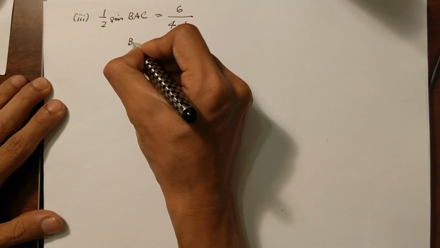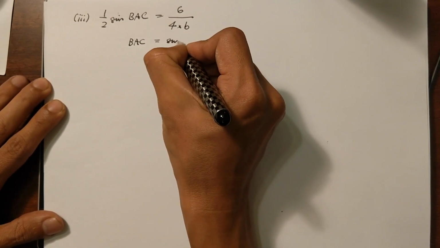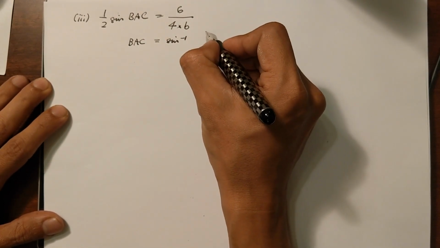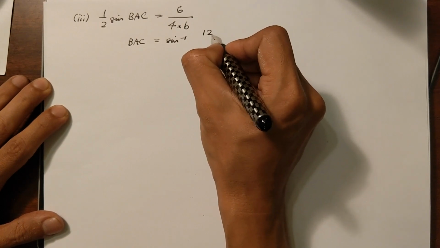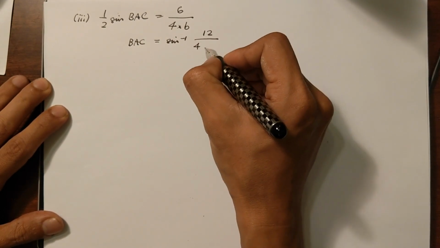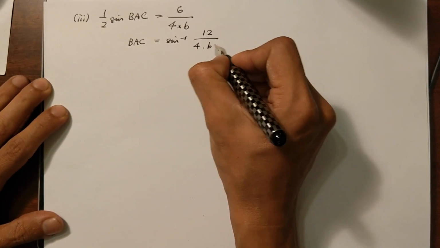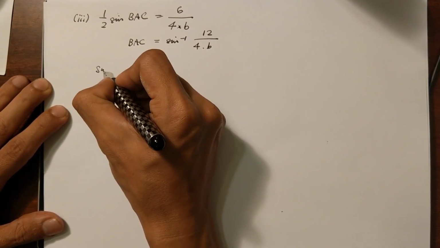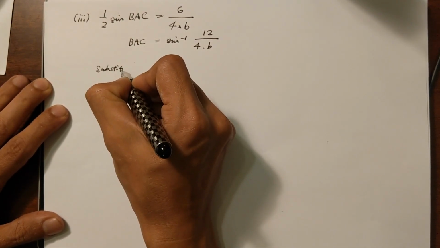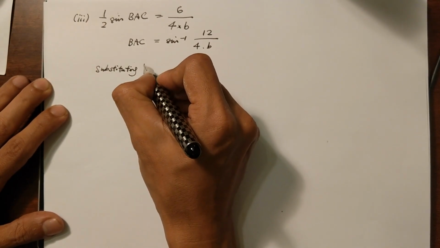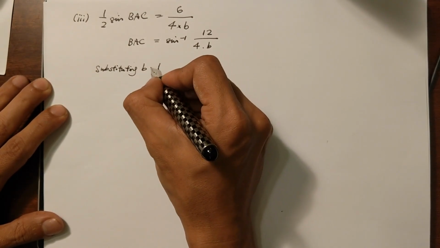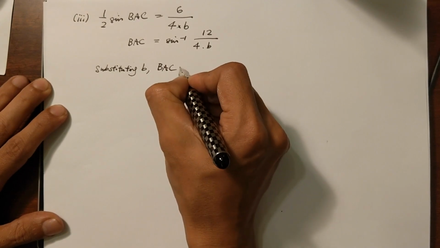So therefore BAC is inverse sine of 12 divided by 4 times that b, and so substituting in b, then we have angle BAC is equal to